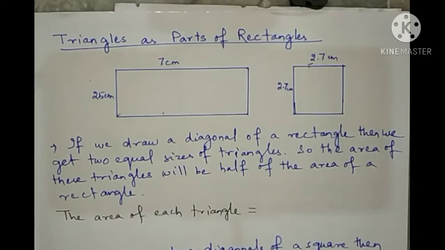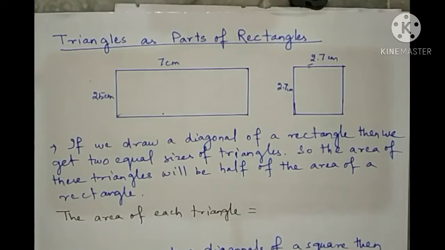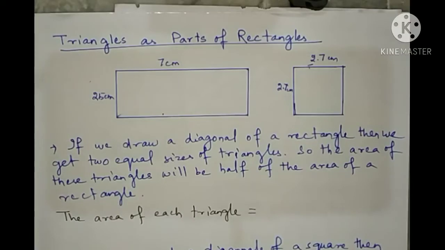Okay, so today we'll continue the area and perimeter chapter. Let's start. Last class, what have we studied? We have studied perimeter: perimeter of a square, perimeter of a rectangle, and perimeter of a polygon. And we have found the perimeter of different shapes, like triangles also. So what will we study today?